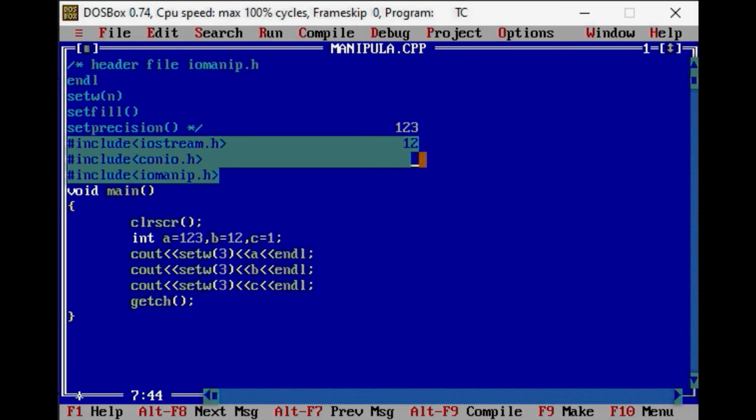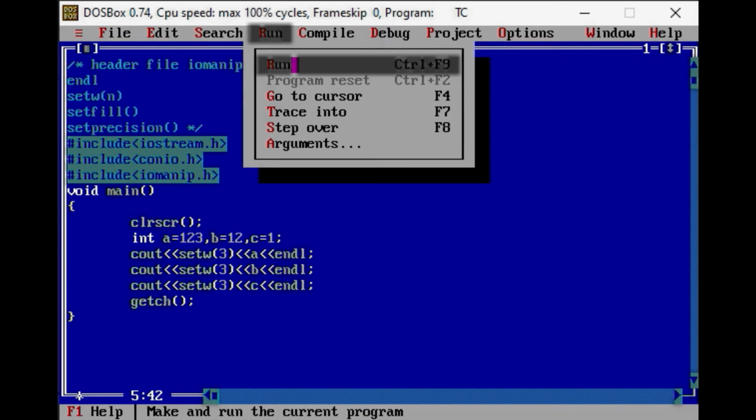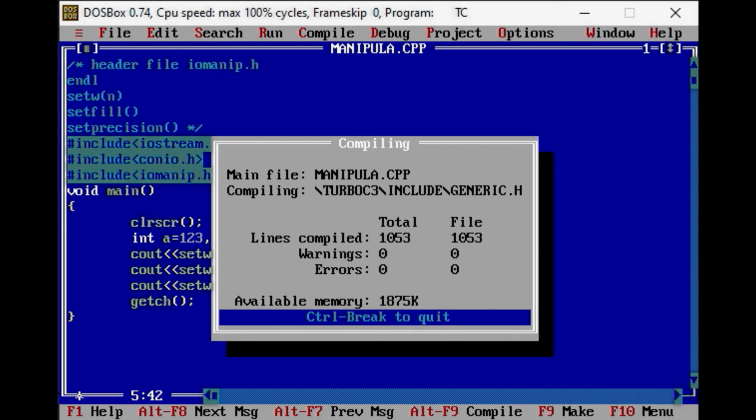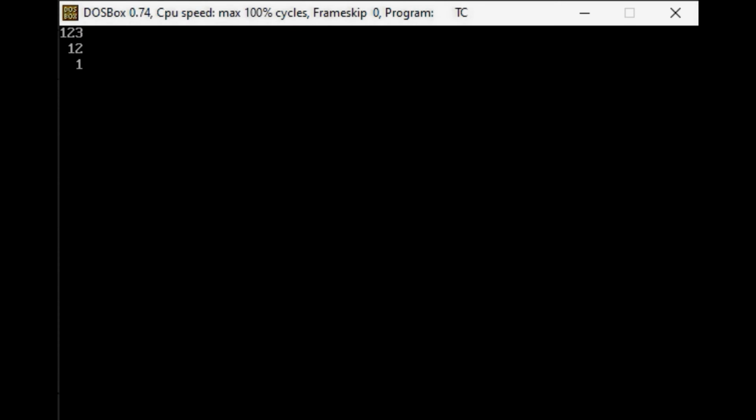Okay. So I am again removing it from here and we will see the output of this program. Here in the output window you can see how the width of variables A, B and C is set. 1, 2, 3 already has width 3 for variable A, so it is displayed as it is.